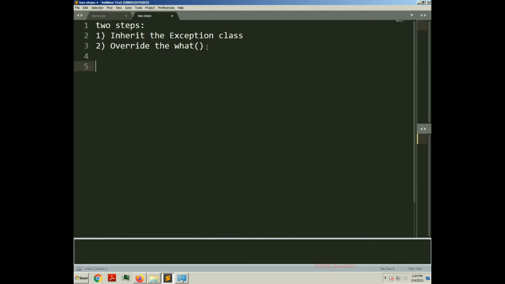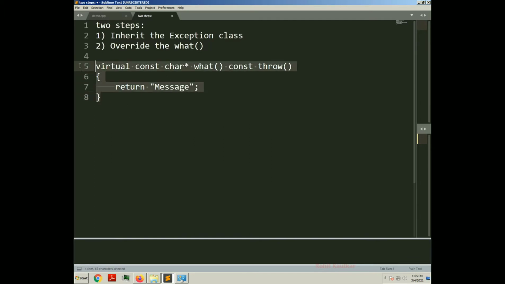For overriding the what method, the syntax will be like this: virtual const char* what() const throw(), and then here we will return some message. This is the syntax of overriding the what method.